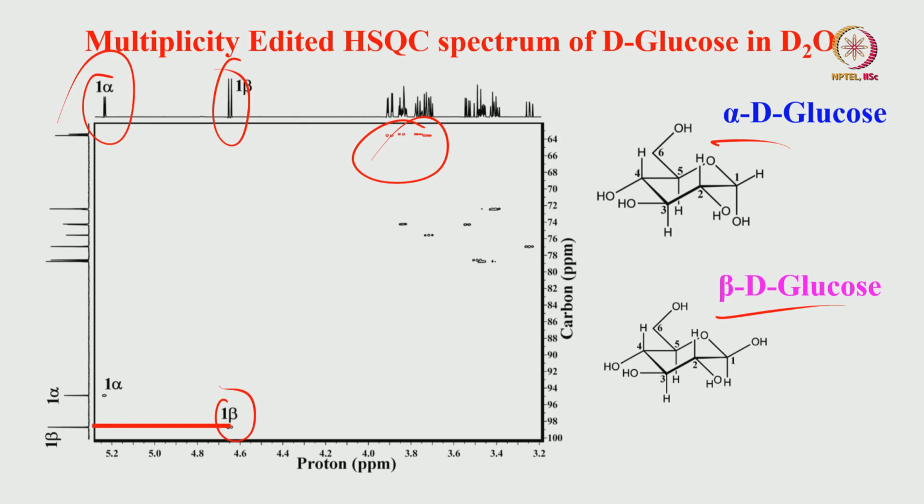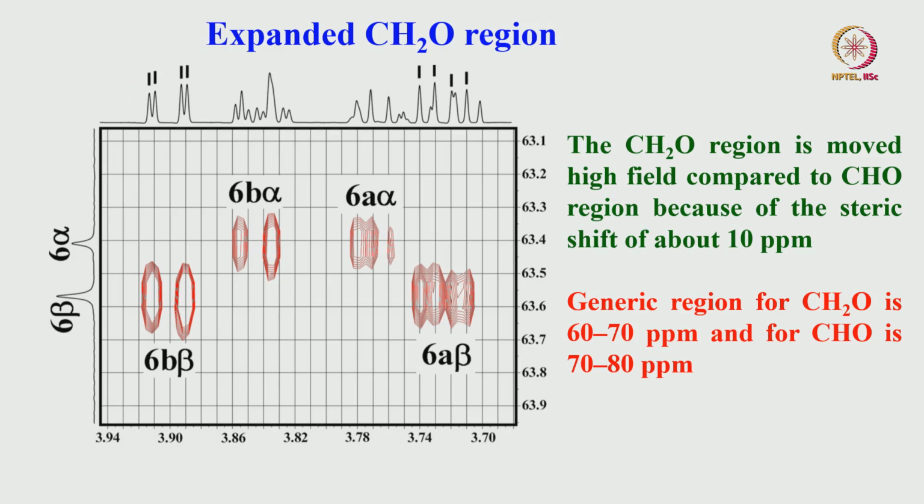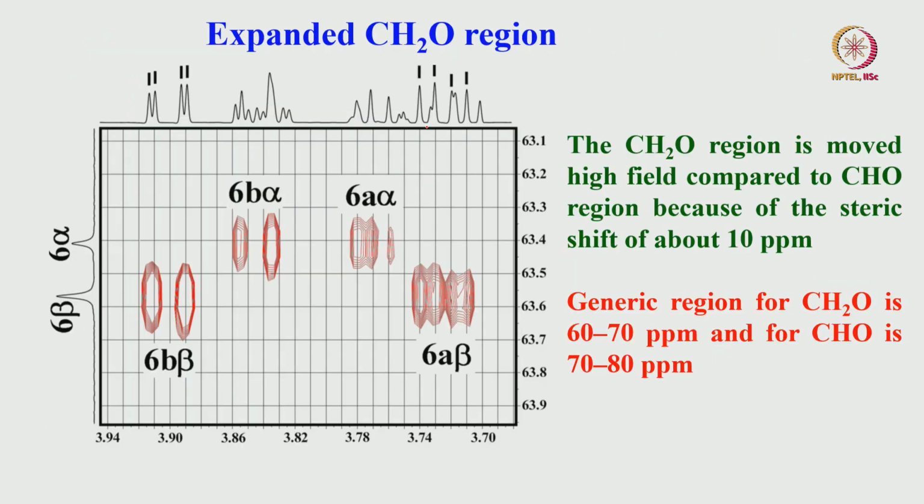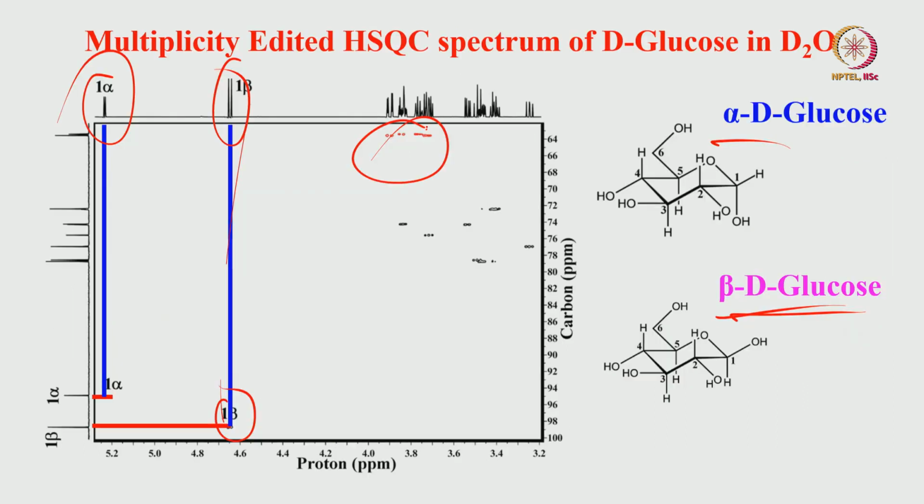So, starting with this, of course, this is the anomeric proton beta for the beta glucose, and this is the carbon chemical shift and this is the proton chemical shift. Similarly, for the anomeric proton of alpha, and the expanded region of this one is taken here. When you expand that, basically what you should understand is proton 6 in this has CH2,